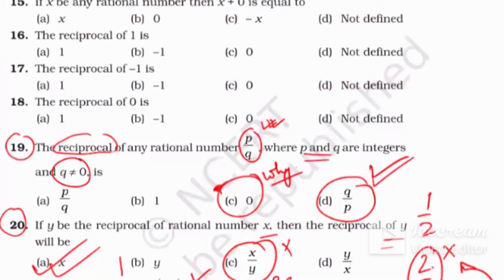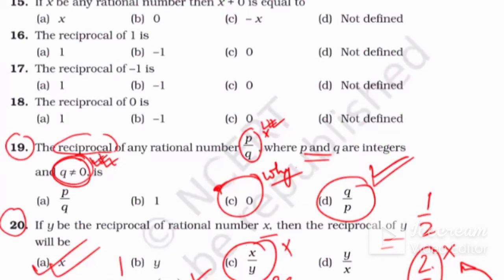And these are the conditions that you have to put wherever you write any rational number in variables. Variable means what? P and q are variables. You don't know what value you can put. Any value you can put for p and q. So if you put 0, then what? It will be not defined. That's why they have to put the condition q is not equal to 0.